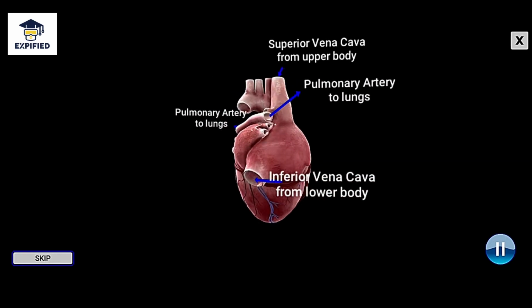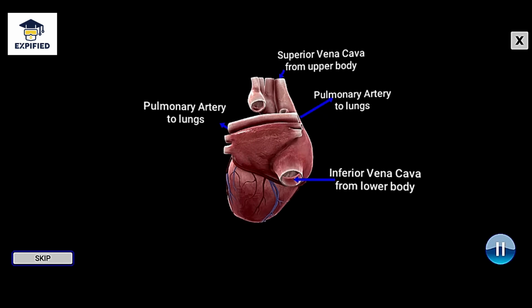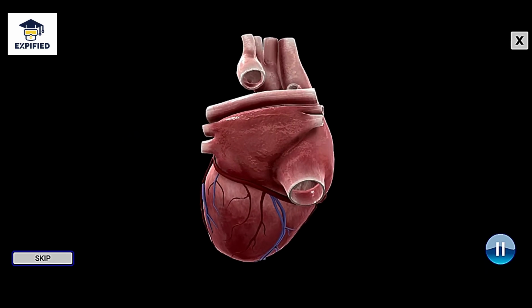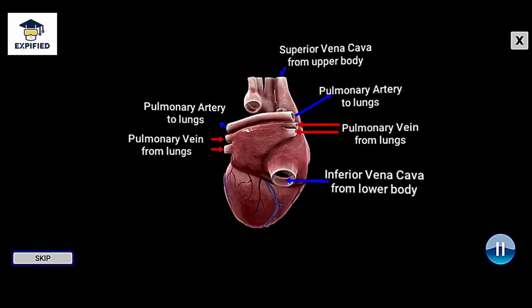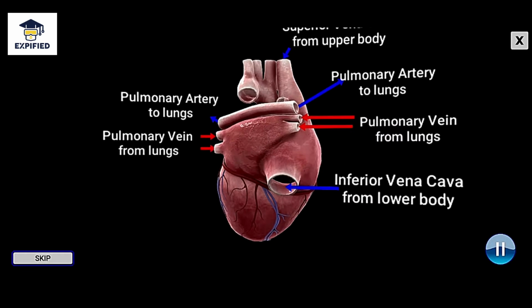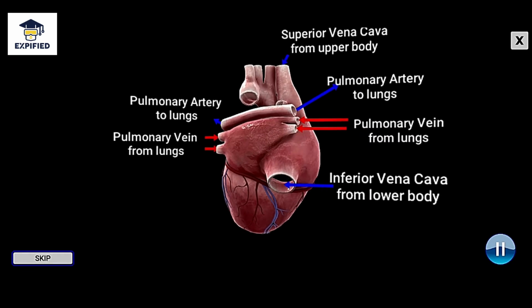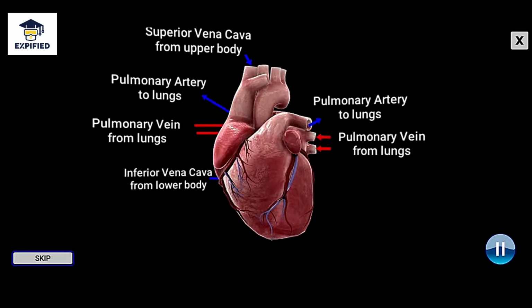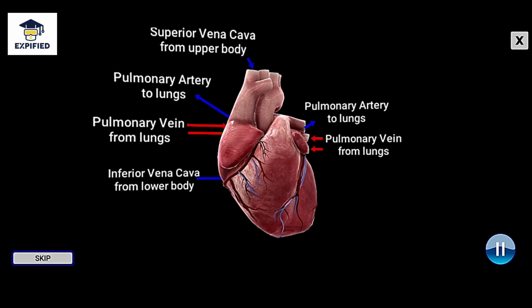We all know in lungs, blood gets oxygenated. This oxygenated blood from lungs comes to the heart through these two horizontal shaped tubes. This is known as the pulmonary vein. Remember, whenever it is related to the lungs, mention pulmonary, the only vein that carries oxygenated blood. Now, these three arteries take oxygenated blood to the upper body and the aorta carries blood to the lower body.